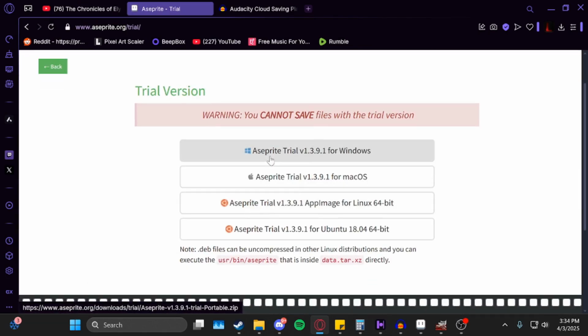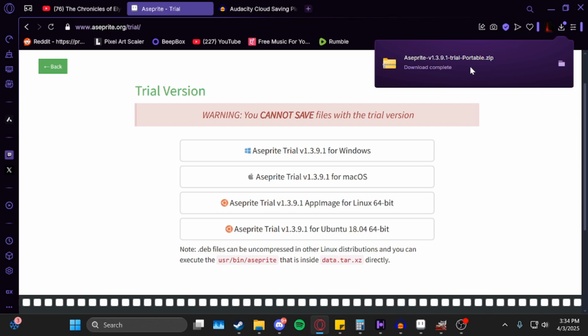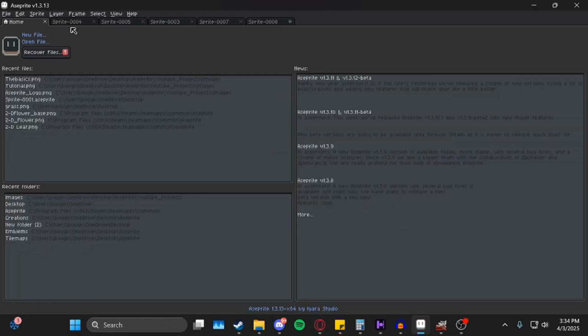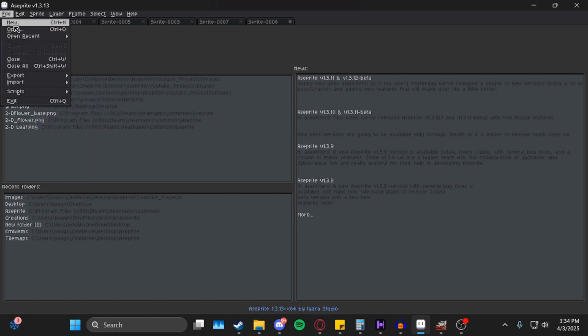Depending on your operating system, obviously. And then it just saves it right into your download folder. And then once you have that up, we can start. So first off, you would go to new,